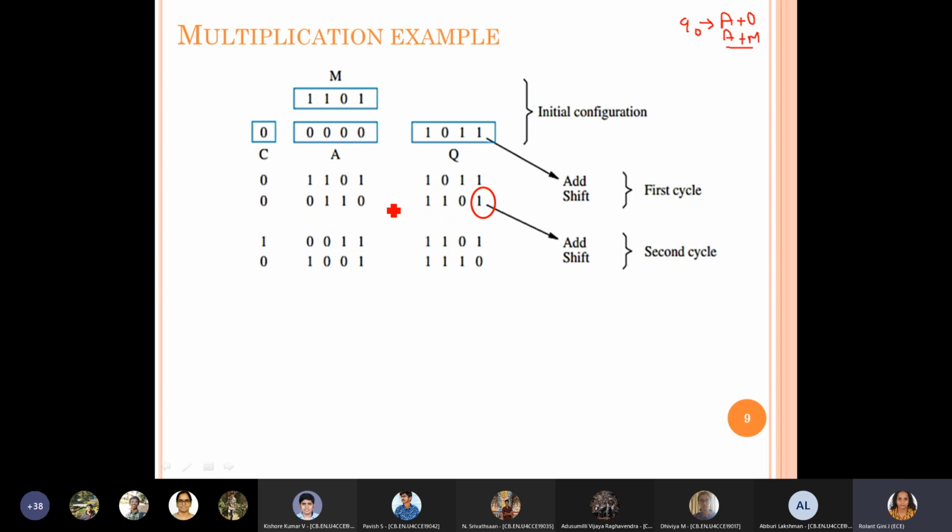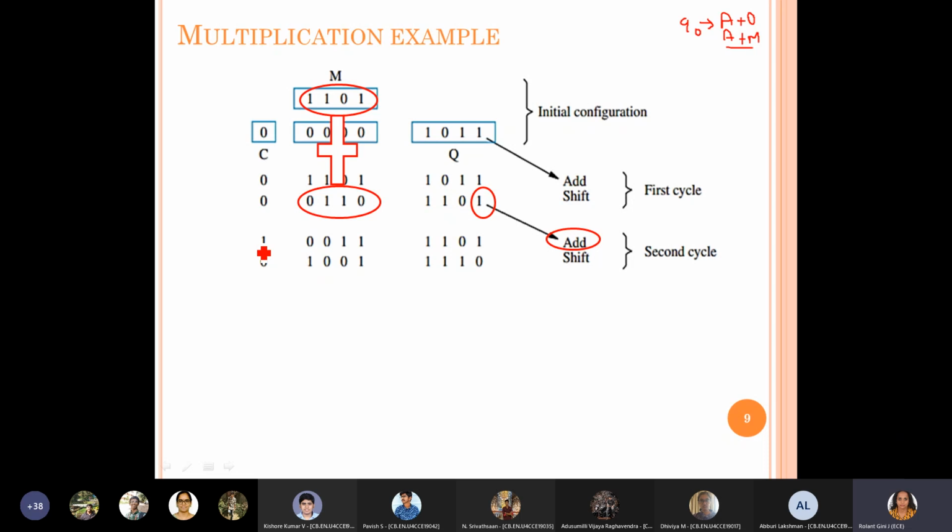Again the A value and M value will be added, where the current A value is this and the current M value is this. When you add these two, 0 and 1 1, 0 and 1 1, 1 1 is 0 1, again 1 1 is 0 1.